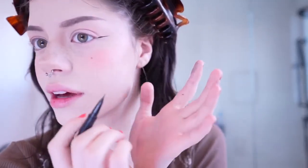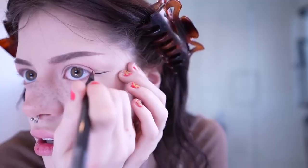But I'm going to look straight in the mirror and then copy the other one. Okay. Usually I like having my arms on something. I'm not gonna do that, so it might be a little messy, so hold on. Draw a line out